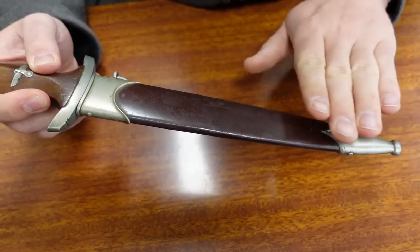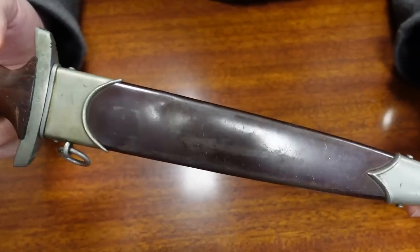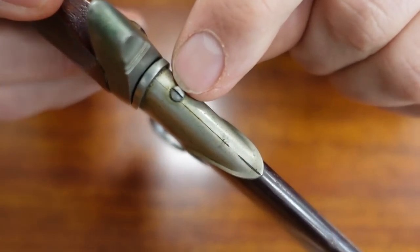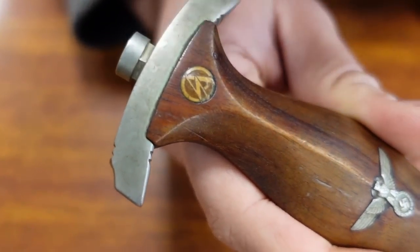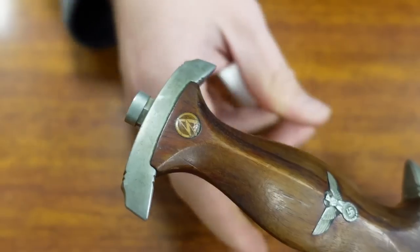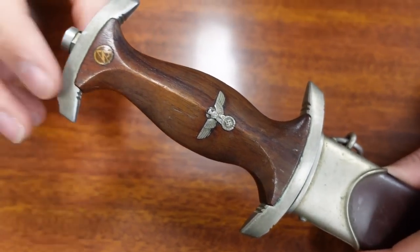It still has the original anodized scabbard, and you can still see the brown lacquer is still mostly intact. All the screws here untouched, never been touched with a screwdriver on the whole dagger, and of course the top nut here, which opens the dagger, doesn't show any tampering either, so it has never been opened. So, a beautiful dagger, and then the grip is made of solid wood, quality wood, which is typical for these early